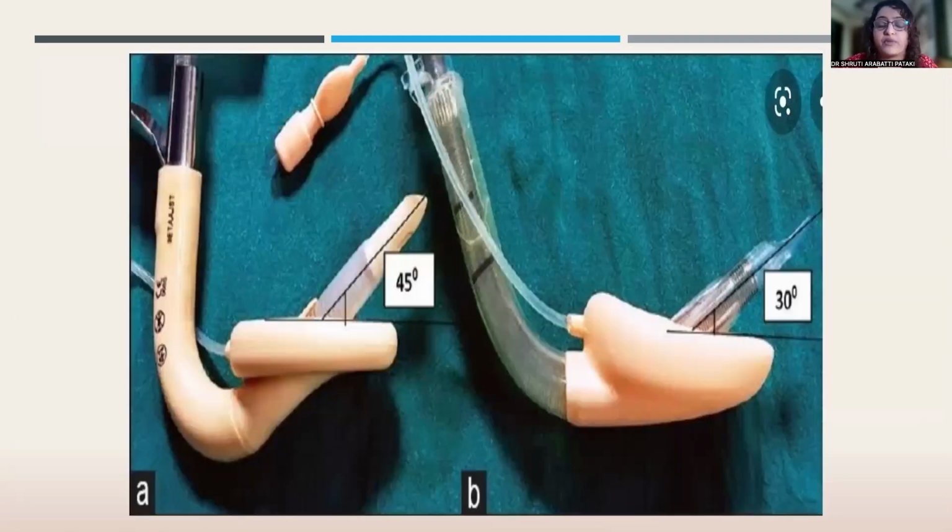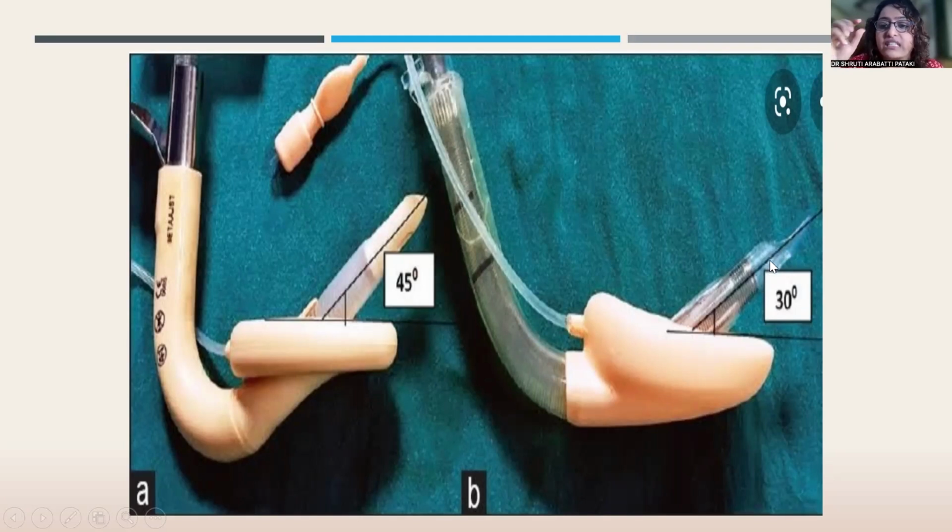We have, like I was talking about, the ILMA. The first generation ILMA did not have a gastric port. Plus, if you can see, this angle was really acute, with the endotracheal tube coming out at 45 degrees. We have a new device called the Blockbuster LMA. It has an endotracheal tube that you can use with a Parker tip.